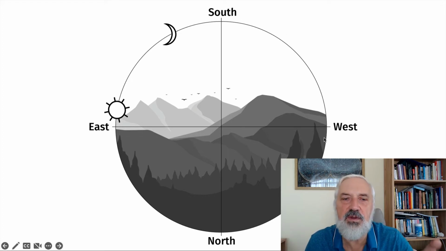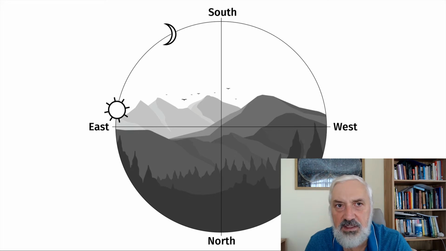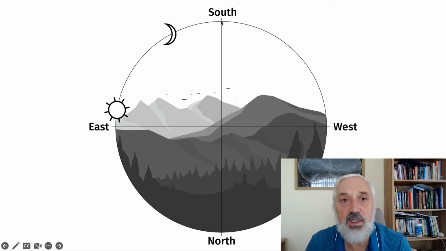This is the result of the Earth rotation around its axis, but that doesn't matter. What matters is what we see. And we see that the sky is rotating clockwise. And together with the sky, the sun and the moon will be rotating as well. The moon will reach this point, the highest point in the sky, and we say in astrology that it will culminate there. And the sun, when it reaches this point, will culminate.